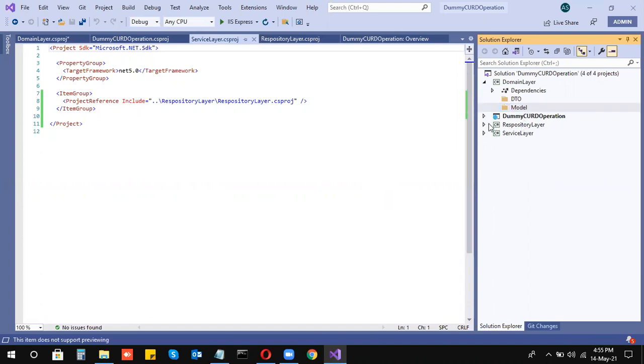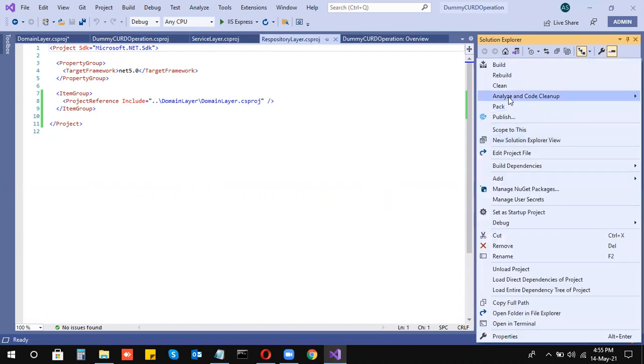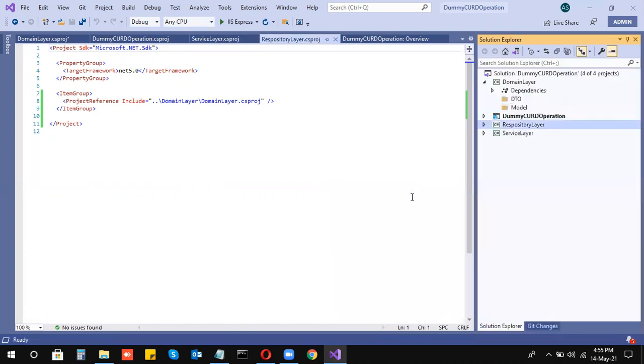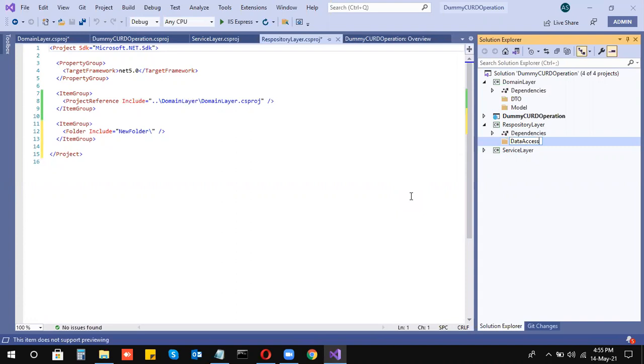Now in the repository I'll create a folder and name it data access layer. I'm going to use Entity Framework Core in this project, so we can say this is the DB context layer, same as the data access layer.